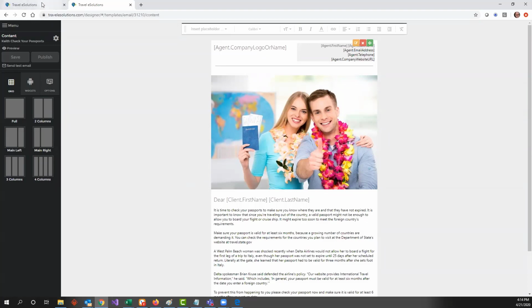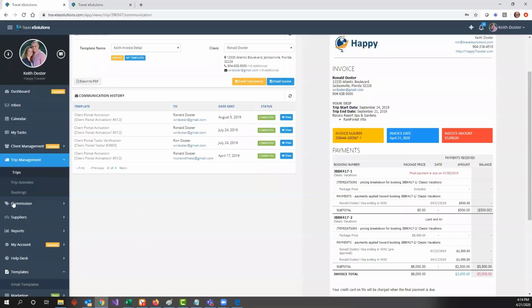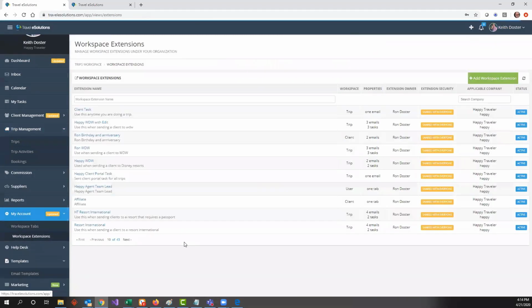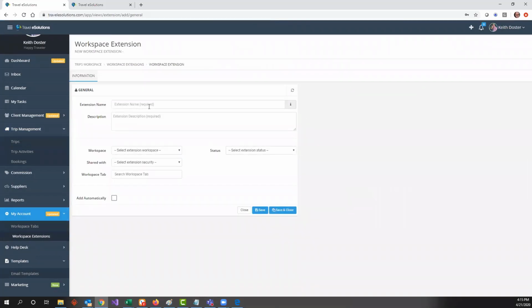So let's go back to tests, and now I'm going to come down here to my account and go to workspace extensions. I'm going to add a new workspace extension. And I'm going to call this, Keith's always going to put his name there, and he would kill me if he saw I misspelled that. Okay, and this is going to be international travel. And he's going to use it when sending clients